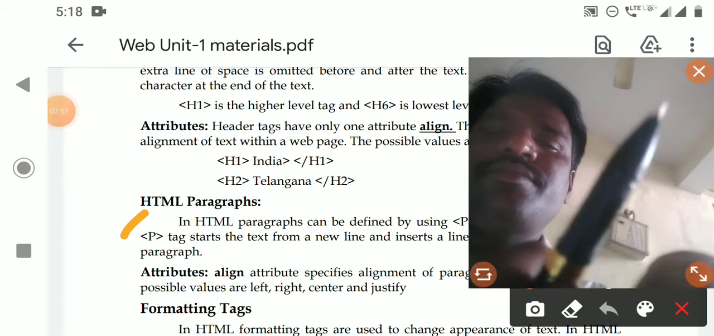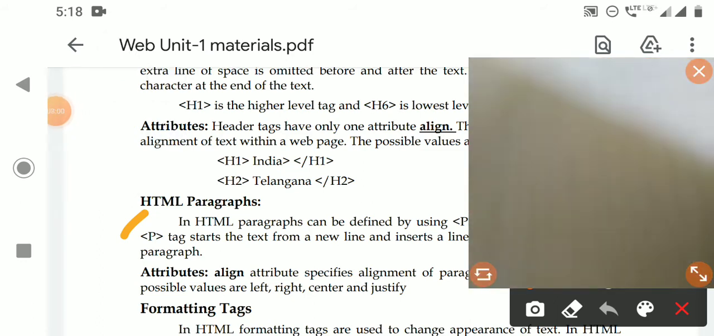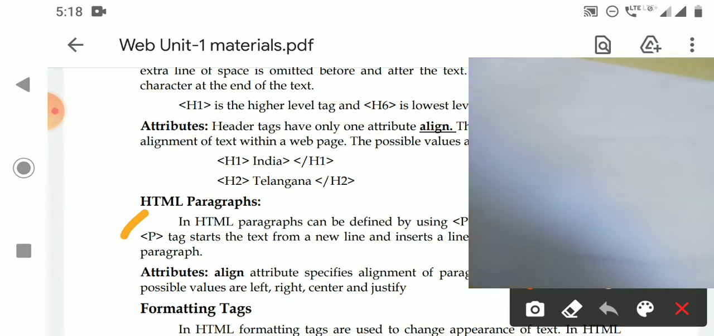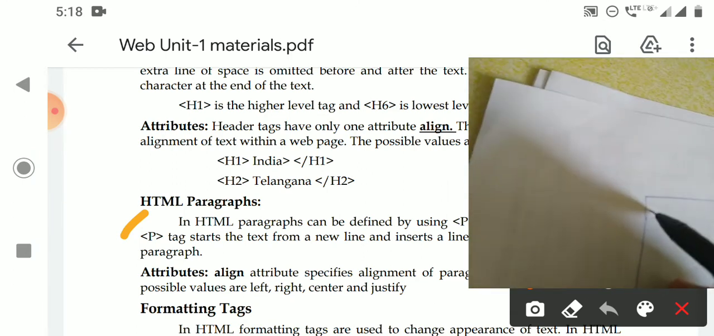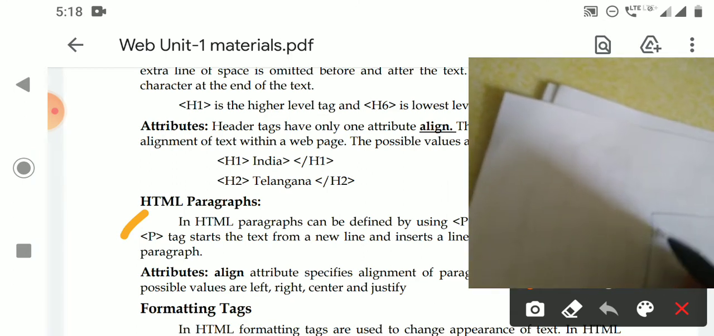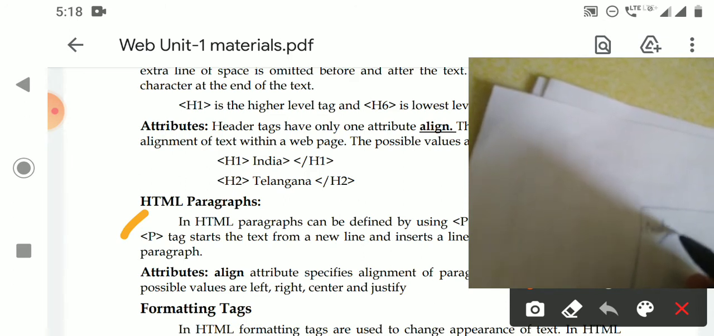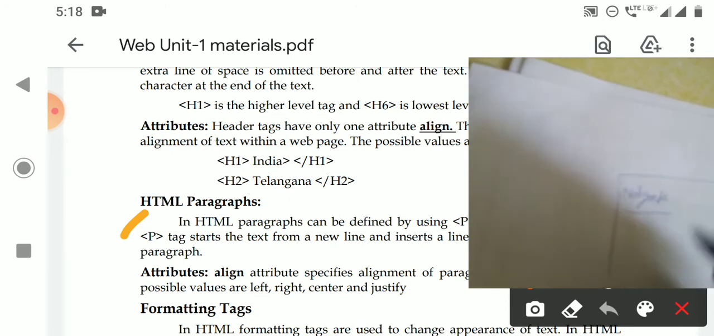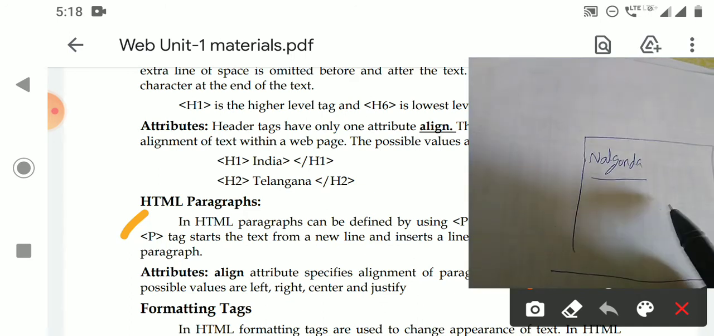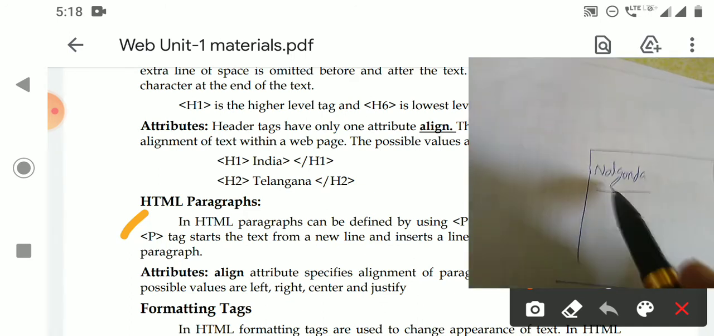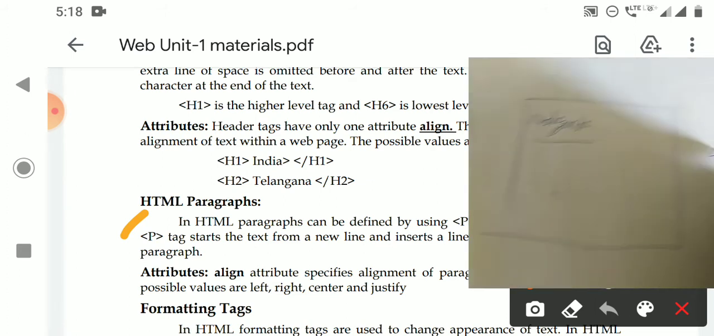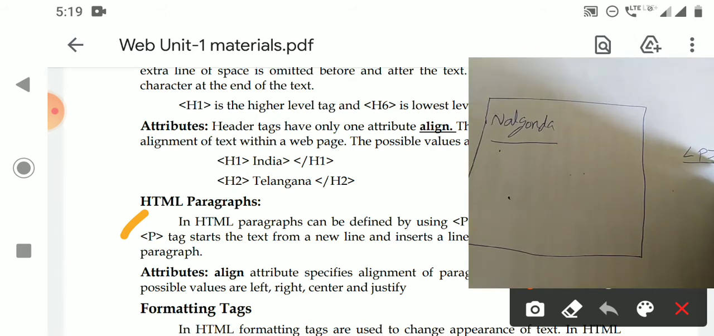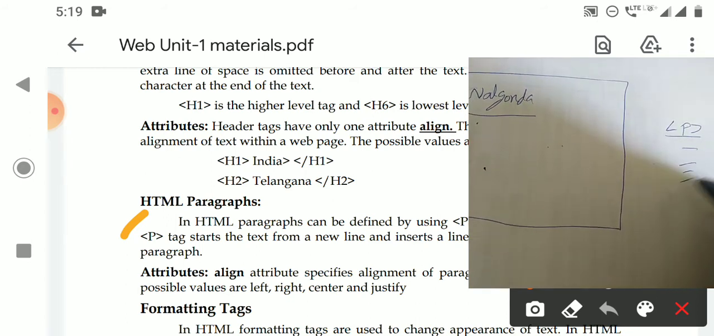See, this is a web page. There is some heading here, for example, Nalgonda. Here I have to display a paragraph about Nalgonda. So here we have to use the p tag to define a paragraph, and we have to give the paragraph and